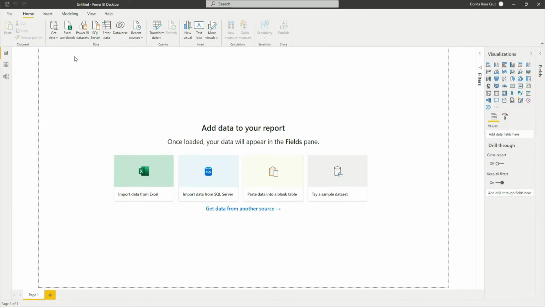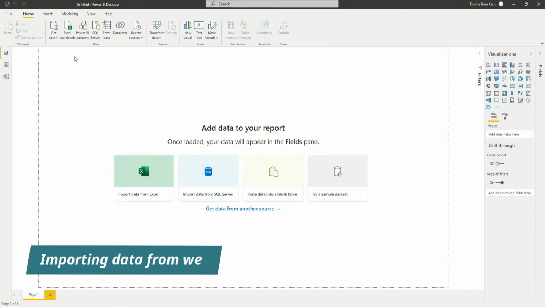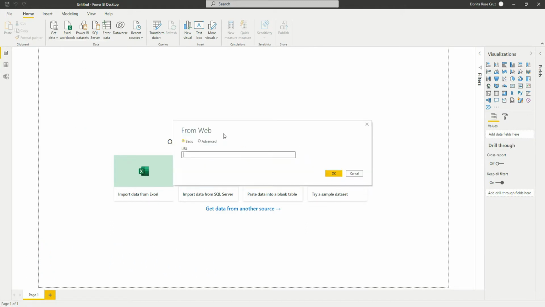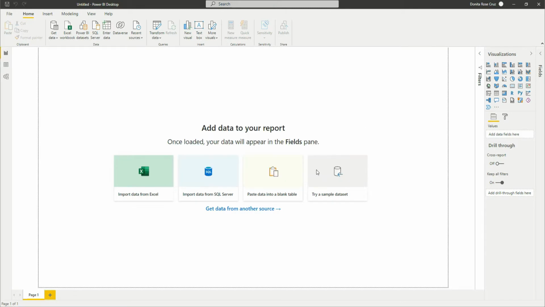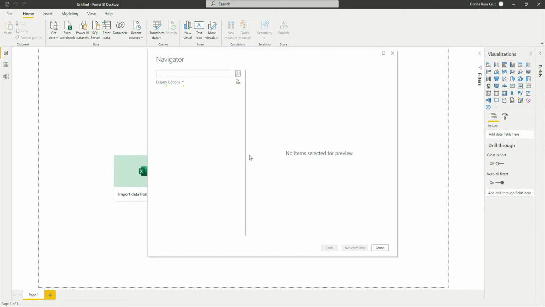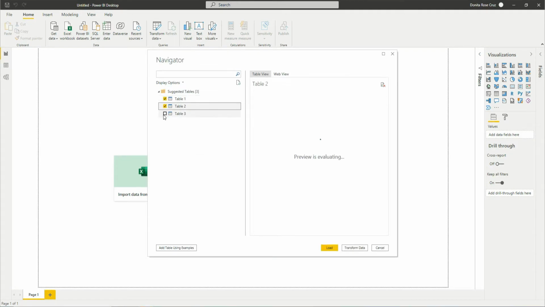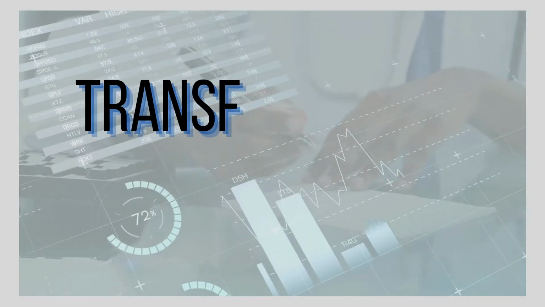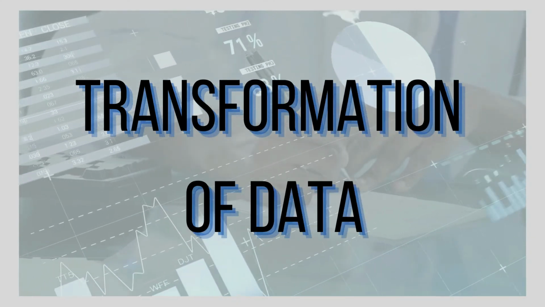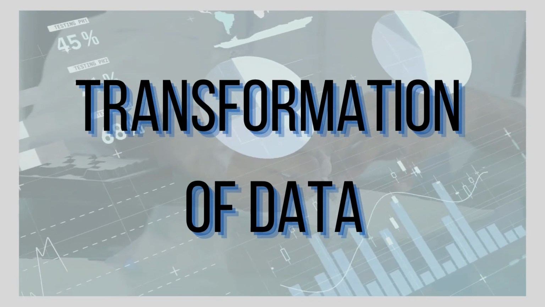But what if your data is not downloadable and is still on the web? We have no problem with that because we can directly get data from the web. Click Get Data, select Web. Enter the URL. Continue, and voila, it's there. Once you have your data imported, if there is something you need to change with your data, transforming data is